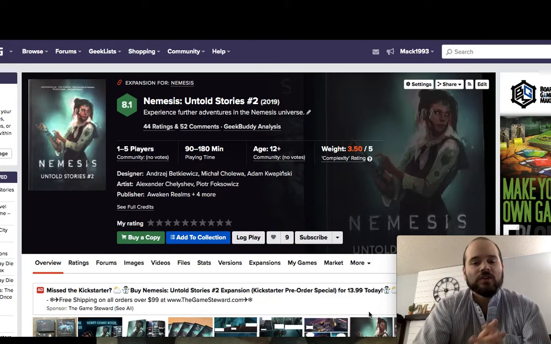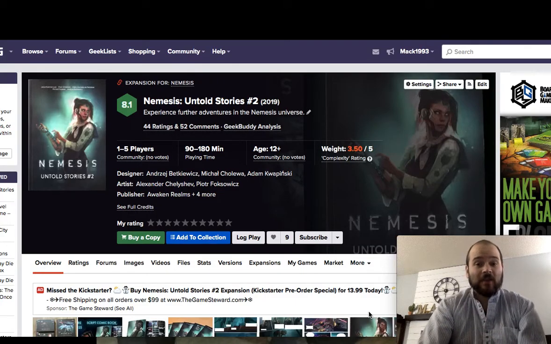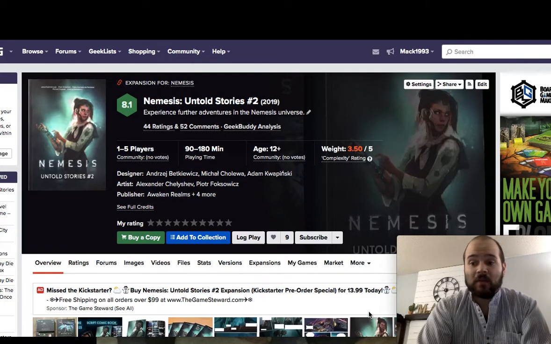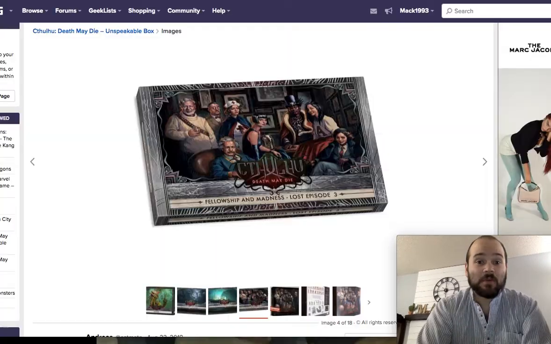I think it's done so well. I love that it adds tiny mini objectives that you can engage with or optionally ignore, and you can really customize your game with these events. So I really like this. I think it's great. It adds even more player choice to the game and even more thematic tension. Lovely game, Nemesis, especially with Untold Stories number 2, my number 4. My number 3